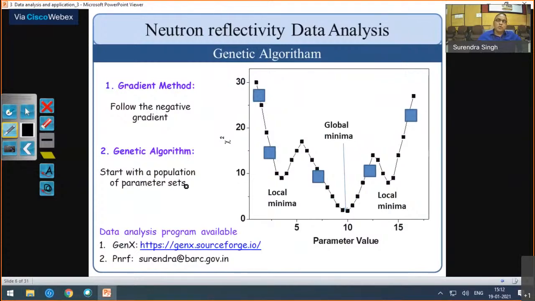It has steps called crossover and mutation, all those things are involved in this, and it converts these parameters from the whole population of sets of parameters. So there is a high probability that you will reach the global minima if you take this genetic algorithm. This is one of the best, most robust techniques where you can reach the global minima, and then you will get the parameter values best suited for your curve. And there are so